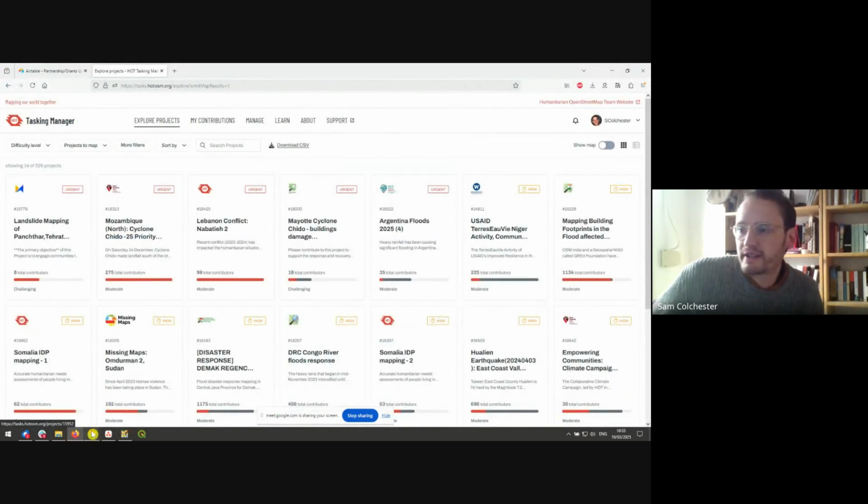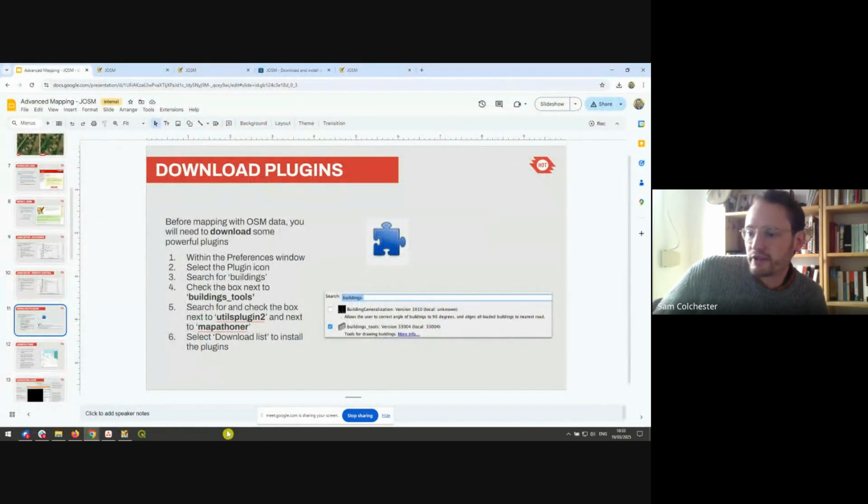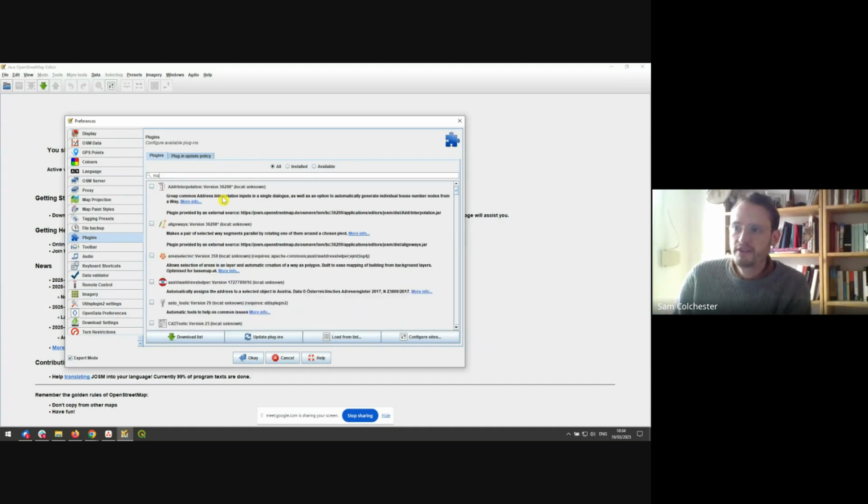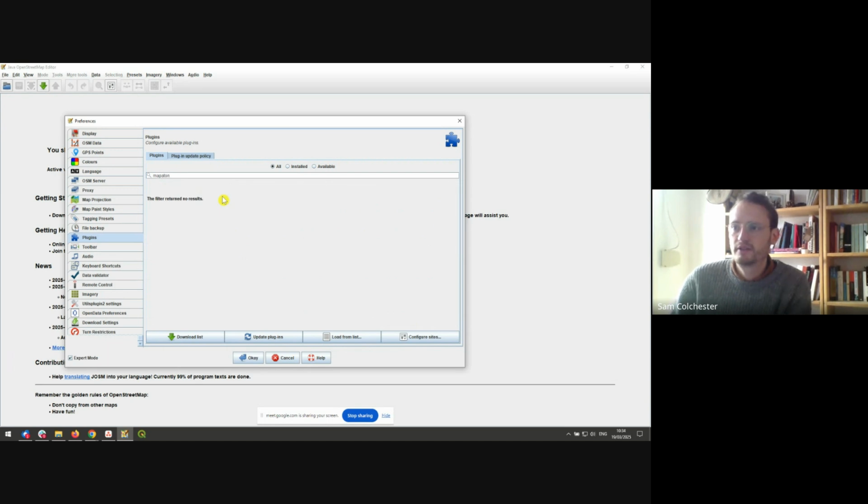What was the final one I said? Mapathon, of course. Yeah, the third and final one, which is great for getting started with humanitarian development mapping, is called the Mapathon. So if you type in Mapathon,